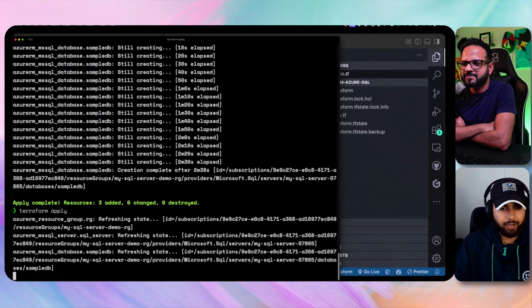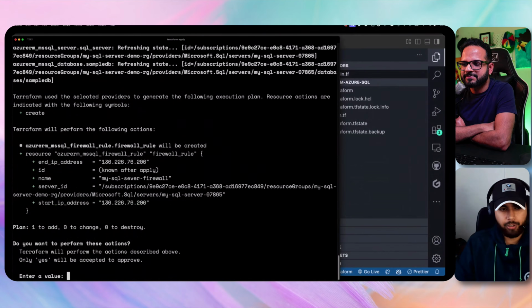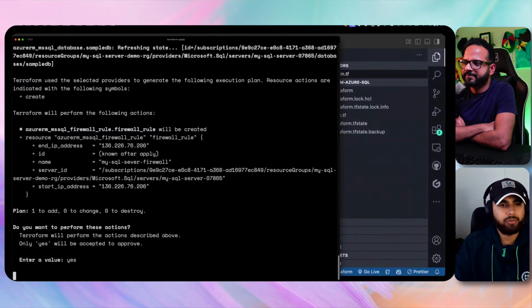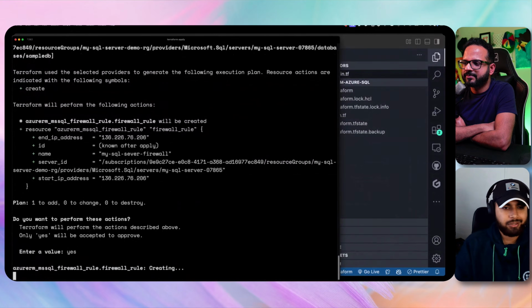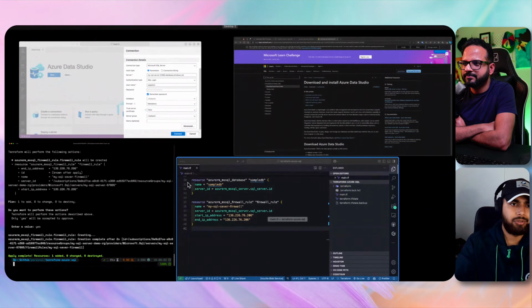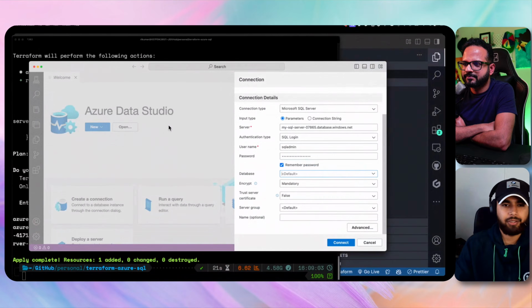But it'll look at the state file to see what is already deployed. And you can see it only has one to add, which looks correct, which is our firewall rule. So I'm going to hit yes, and it shouldn't take a long time. Done. There we go. So now if I go back and click on the list of databases,